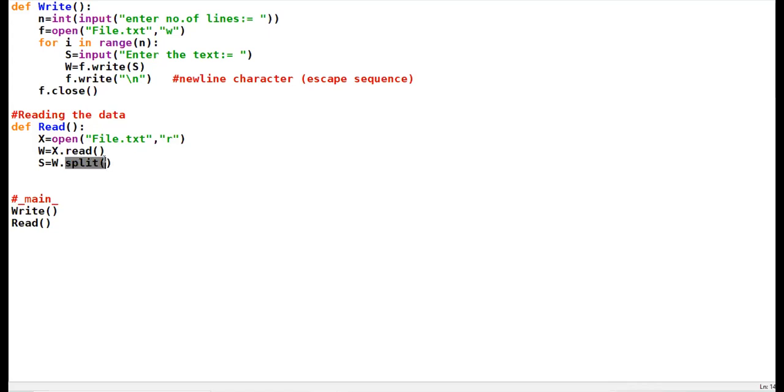This function will split or divide the complete string into individual words. My string is residing in variable W. Now this string W has been associated with the split function, and my data will now be read word by word, not character by character.